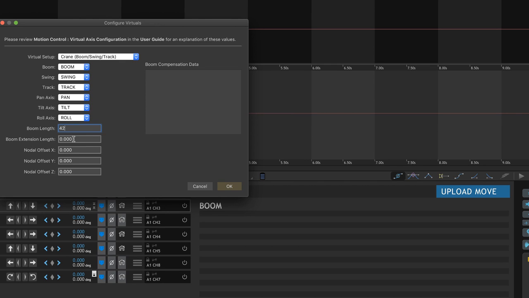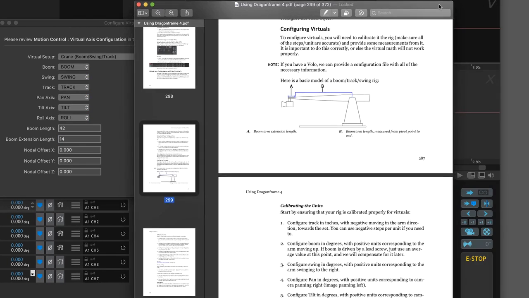I also know that the boom extension, the distance from the end of the arm out to the leveling board to the center of pan and tilt, happens to be 14 inches. Now we get into this boom compensation table, and we have instructions on how to do the